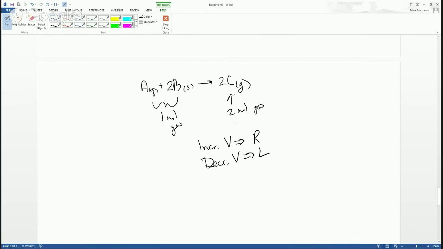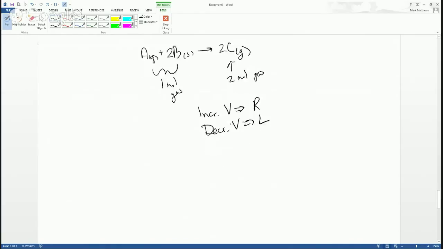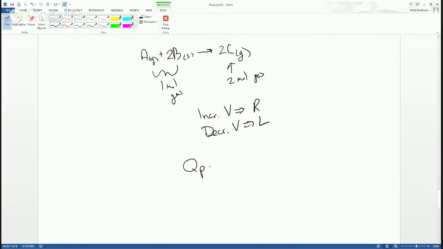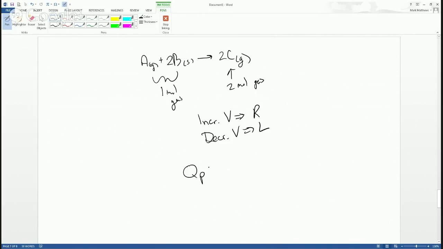So it depends on the stoichiometry. If you're curious as to why, or if you need to know why, we have to go back and look at the reaction quotient, but this time we'll look at the quotient with respect to pressure. So in this case, QP is going to